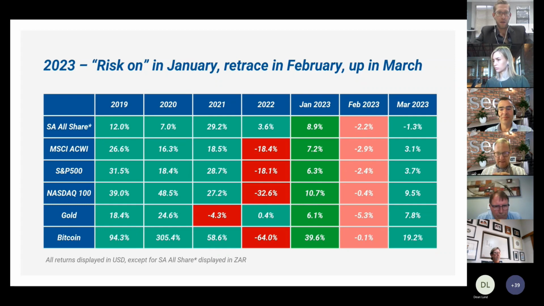And so we obviously had a cracking start in January. We pulled back across all the risk assets and then up again in March. So it gives you a little bit of a sense of what's happened. You can see there, I've put Bitcoin on there at the bottom. It's the classic risk asset. And you can see there, it's exceptionally volatile, down a massive 64%, as everything went down in 22 as interest rates moved up dramatically. But we've had a big rebound up in January across all the risk assets, including the JSE in January.